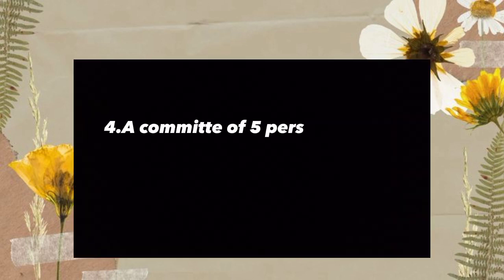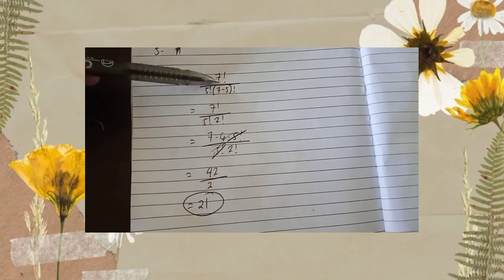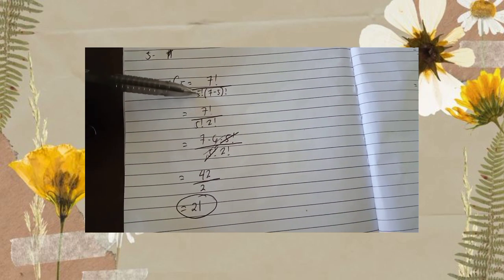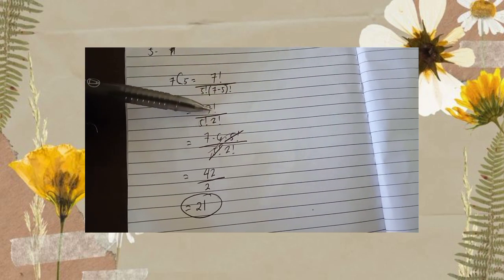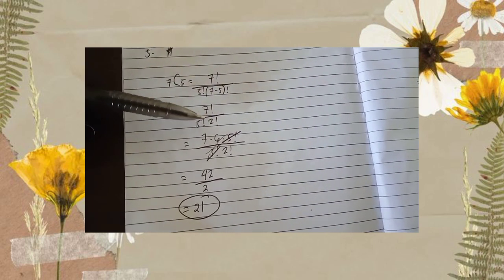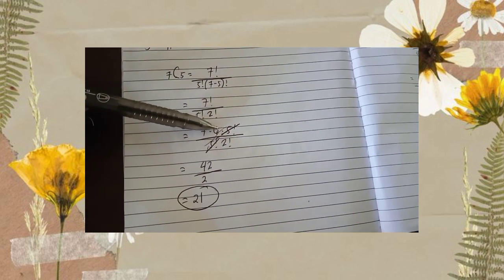A committee of 5 persons will be chosen from a group of 7 persons. 7C5 equals 7 factorial over 5 factorial and 7 minus 5 factorial, equal to 7 factorial over 5 factorial and 2 factorial, equal to 7 times 6 times 5 factorial